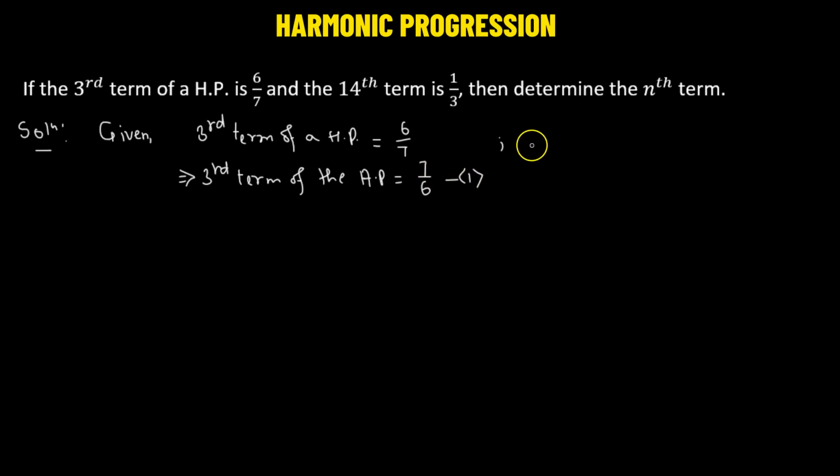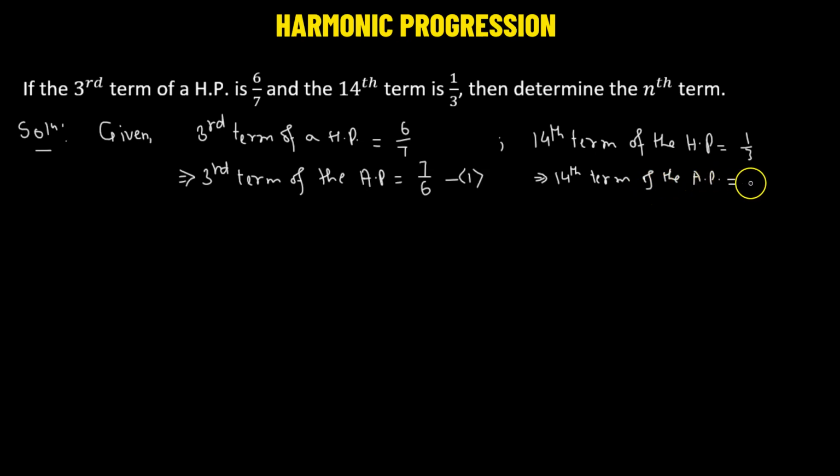Also, it's given here that the 14th term of the harmonic progression has a value of 1/3, which means that the 14th term of the arithmetic progression, all we have to do is take the reciprocal, is 3. Let this be number 2. So we have converted the respective terms of the harmonic progression to the respective terms of